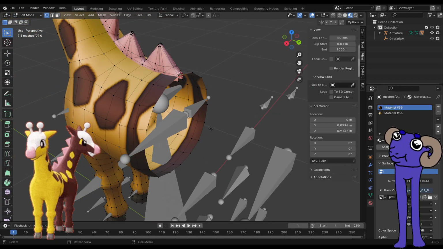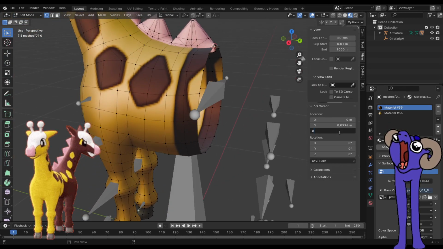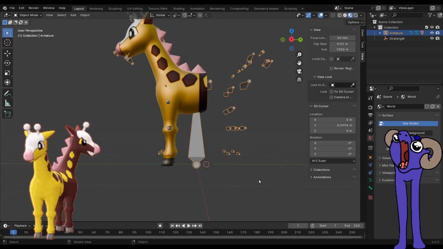So if we cursor to selected, shove this onto the floor, tell this that its origin is now there,